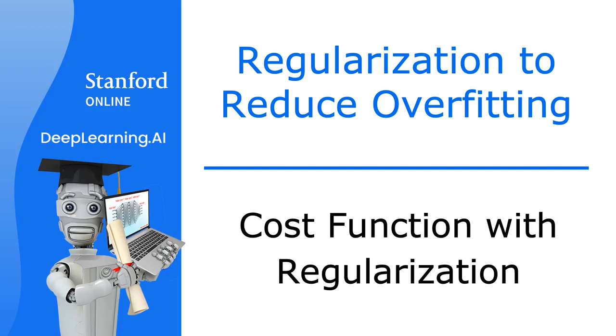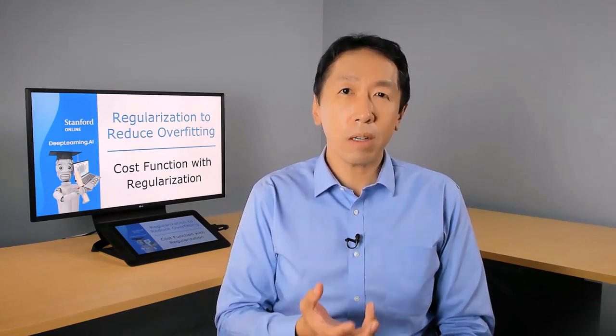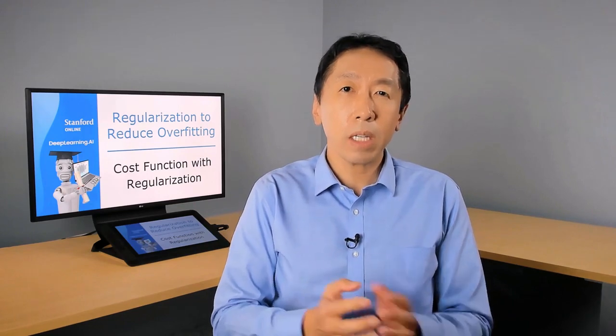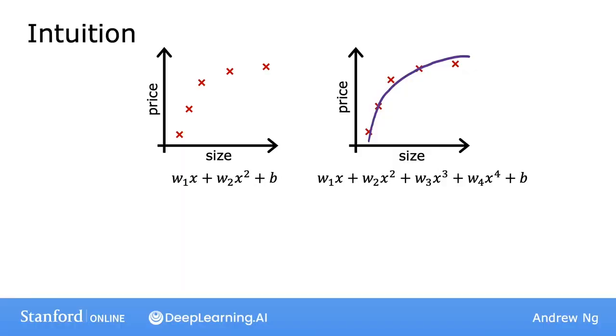In the last video, we saw that regularization tries to make the parameter values w1 through wn small to reduce overfitting. In this video, we'll build on that intuition and develop a modified cost function for your learning algorithm that you can use to actually apply regularization. Let's jump in. Recall this example from the previous video in which we saw that if you fit a quadratic